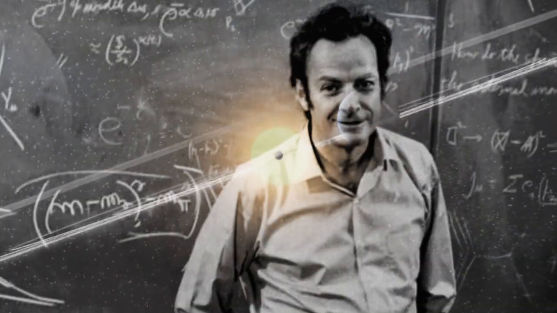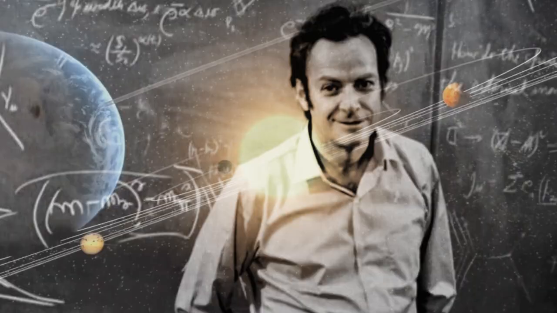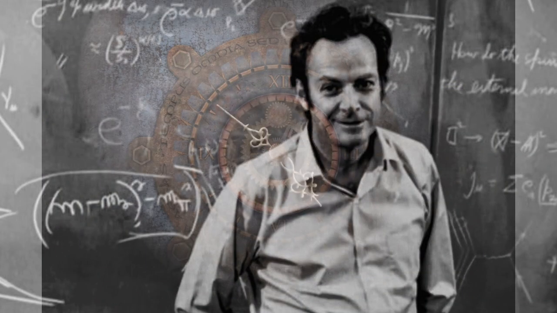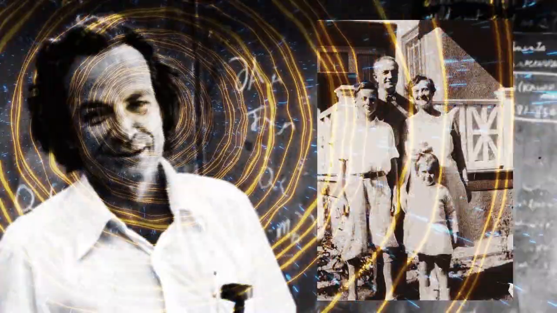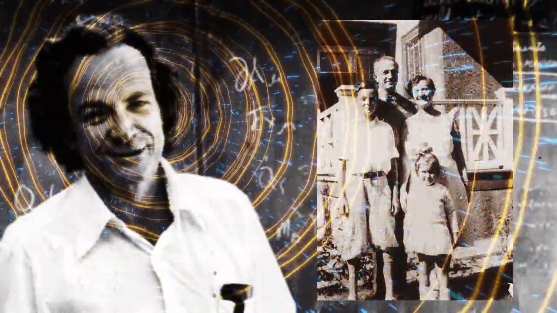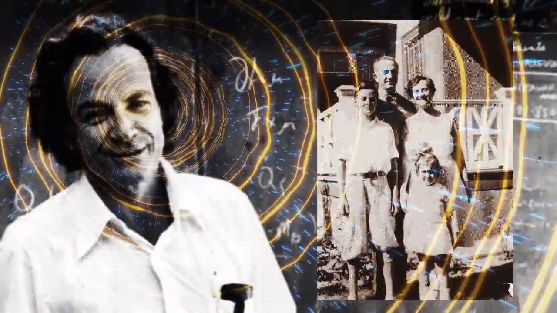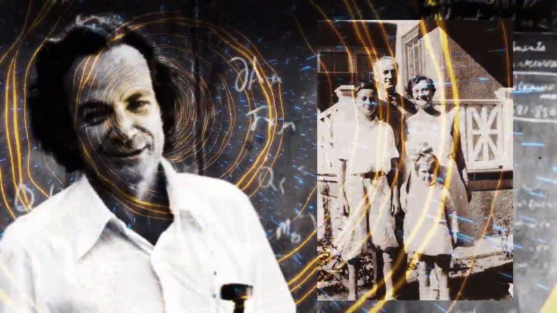His equations predicted the existence of waves, not vibrations in any physical medium, not sound, not ripples in water, something entirely new, oscillating electric and magnetic fields, each regenerating the other, rolling outward through absolute empty space at a fixed speed. He calculated that speed from known constants of electricity and magnetism and arrived at approximately 300 million meters per second. He knew that number. It was the already measured speed of light.